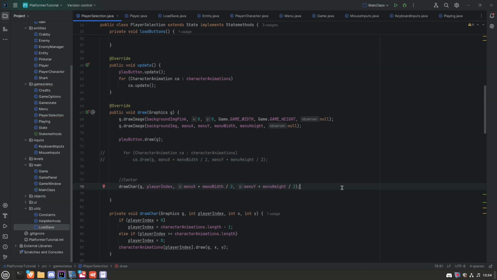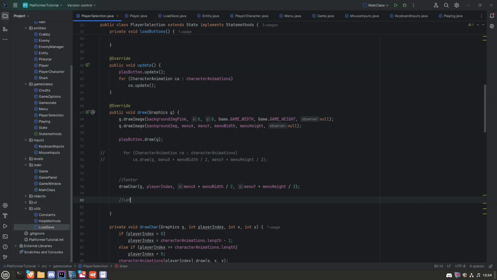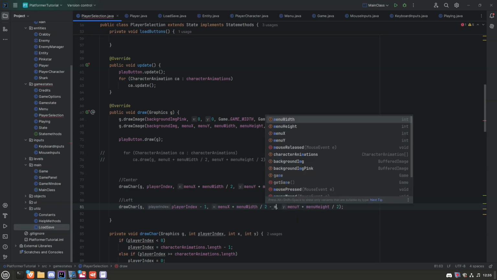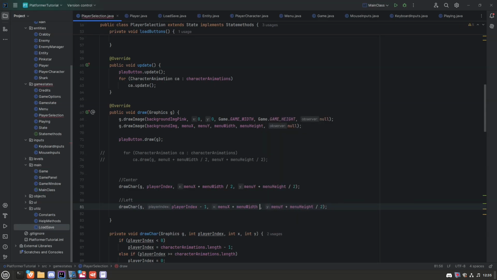So we're going to draw that one, and then left is going to be, let's copy this, player index -1, the one to the left in the array. So if there is none, it goes to the top, and divided by 2 minus. We're starting from the center, minus